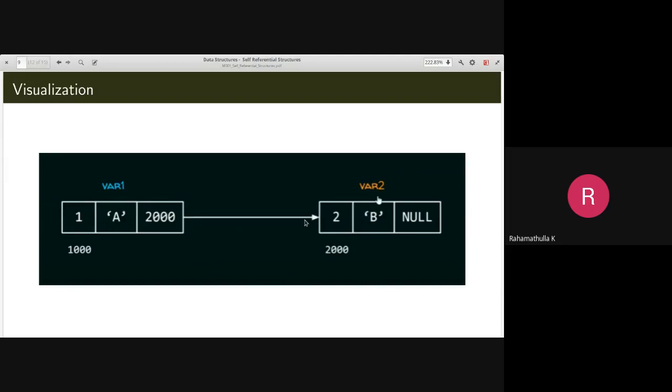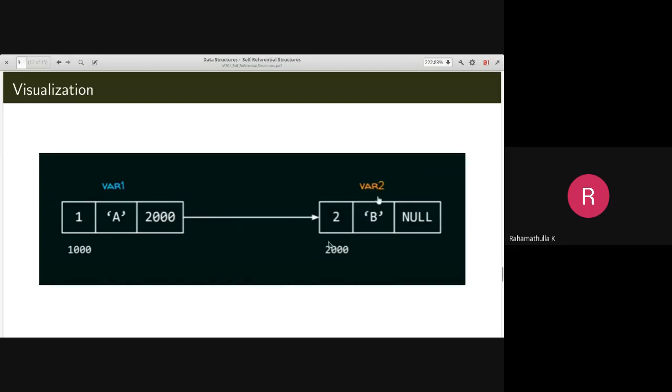By using self-referential structures, I can create a chain of this type of variables, so that I can access the second variable from the first variable, the third variable from the second variable, and so on. In this case, we have created two variables of type code, and in the first variable's pointer, we have loaded the second variable's location.